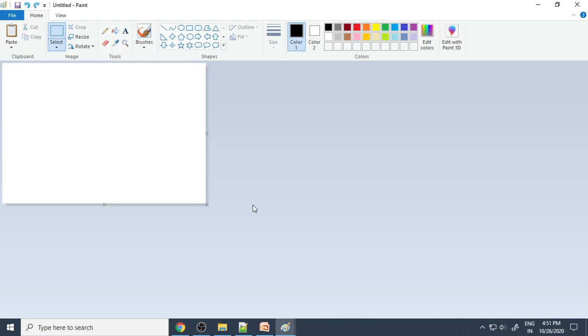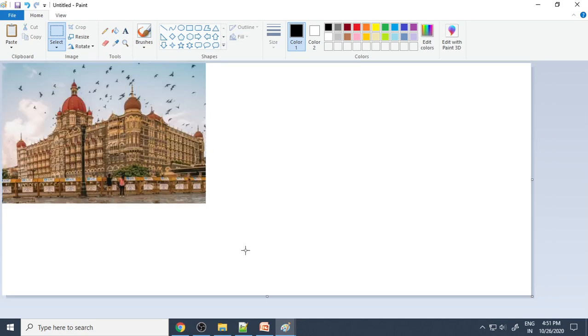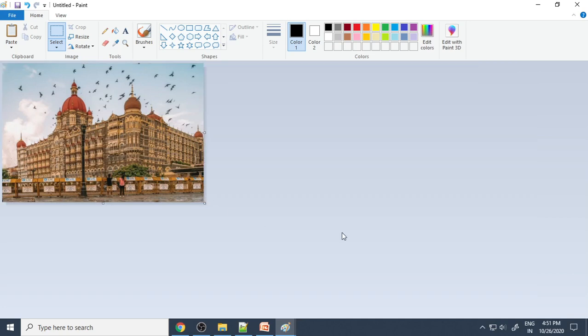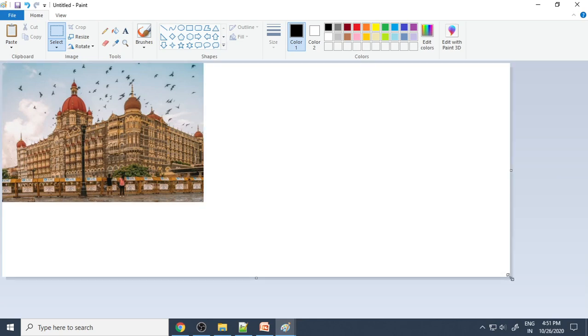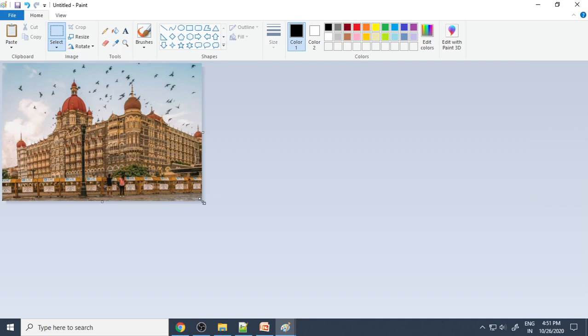Right. So sometimes if your window is very big, let's say this big, the canvas is so big. When you paste it and save this, even the white portions will come in the picture. So therefore we need to reduce this. We need to drag it and drop. So only this much is required. So this is the canvas. The canvas size is big now, so now I'll reduce the canvas size. I'll teach you more about paint in the next class also. So for the time being, let's try this.